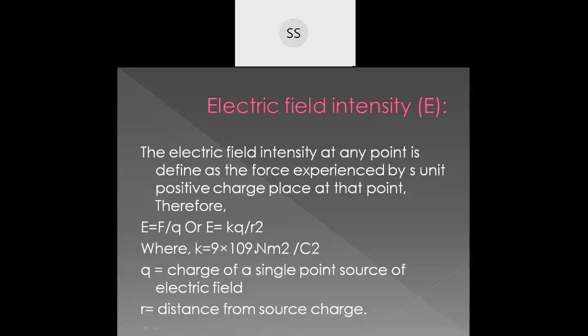10 to the power 9. This is not 109, this should be 10 to the power 9. Put the 9 above 10. So the value of K is 9 into 10 to the power 9 Newton meter square divided by Coulomb square. This is the value of the